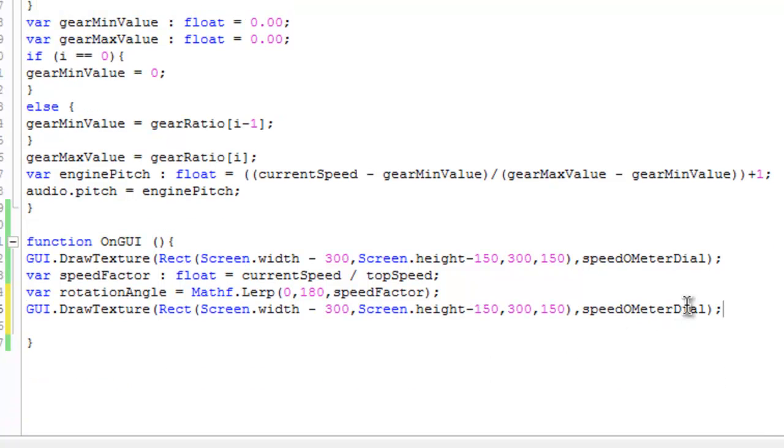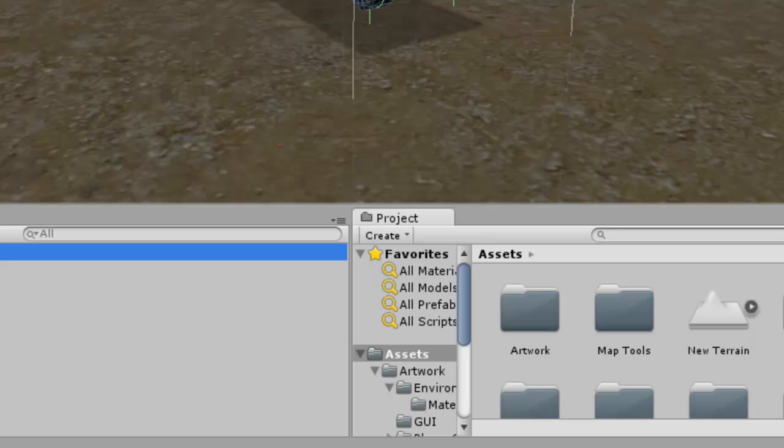Now over here I'm gonna go speedometer pointer. Alright, so this is gonna display the pointer, and because my image is square, I'm gonna use this one as 300 also, but I'm gonna use this as 150 and this as 300